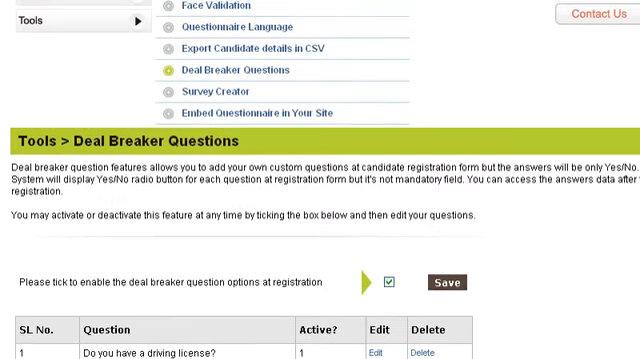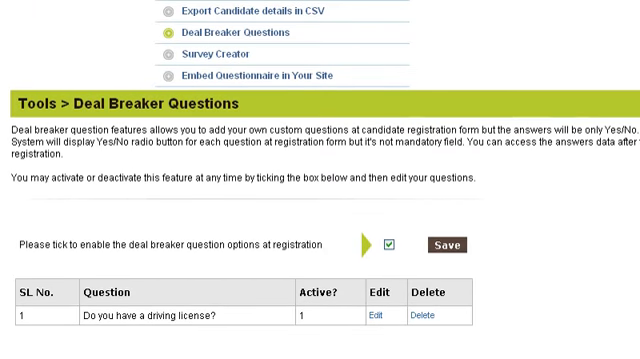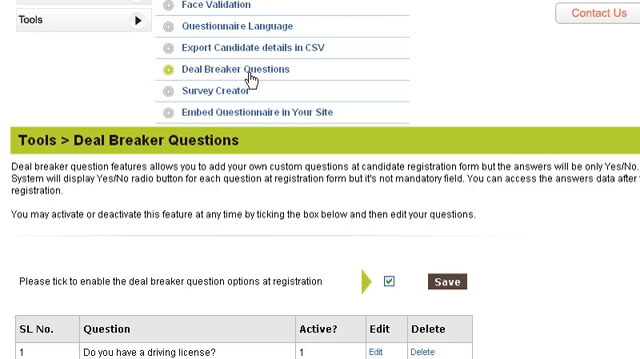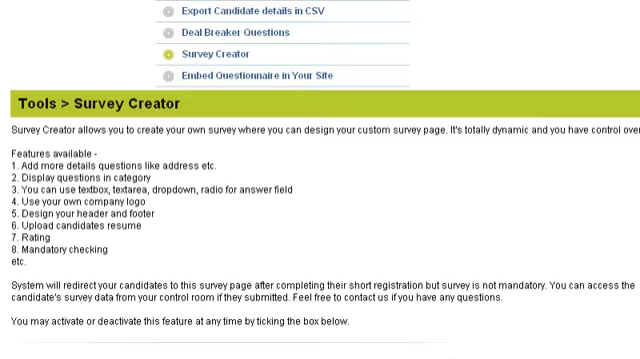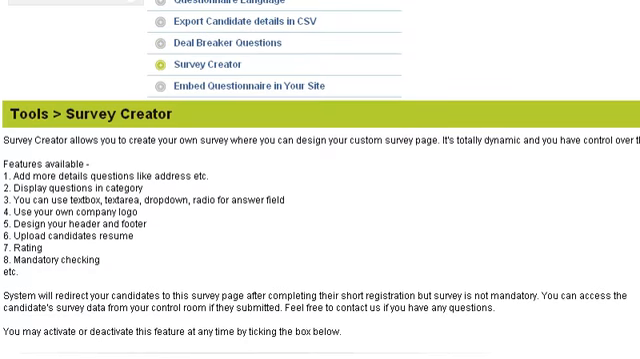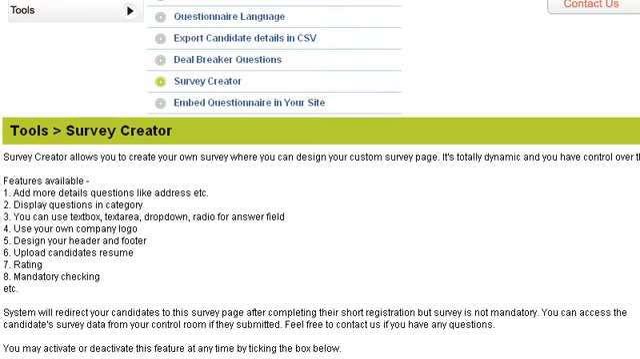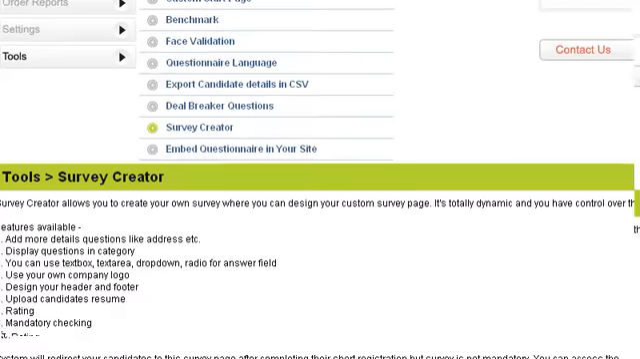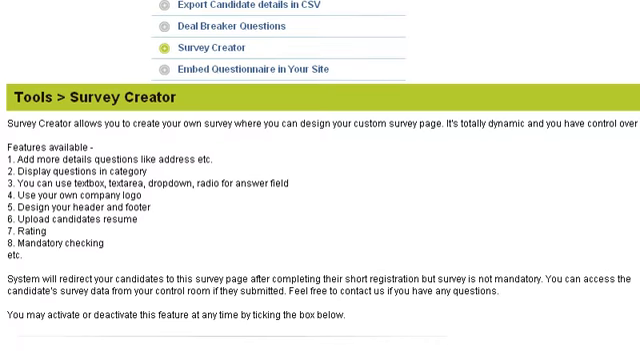If you need something more sophisticated and you want to ask more detailed questions, then again, it's tools and survey creator. And you'll need to play around with this to get familiar with it, because it's quite a flexible tool. It can do a lot of stuff. Let me show you what it says here. Let me line this up for you. Okay, so at the bottom of this page,